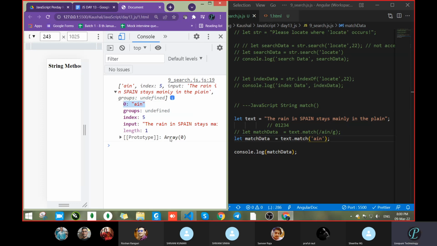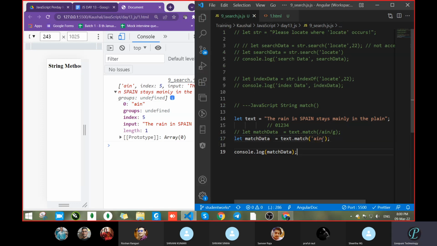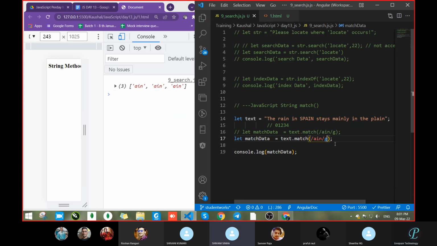But what I want is a global search. Remove this comma, pass a backslash and pass a here also. You want it globally, so pass a G. Yeah, we had searched it, and there we had seen that you have to pass G for a completely global search.